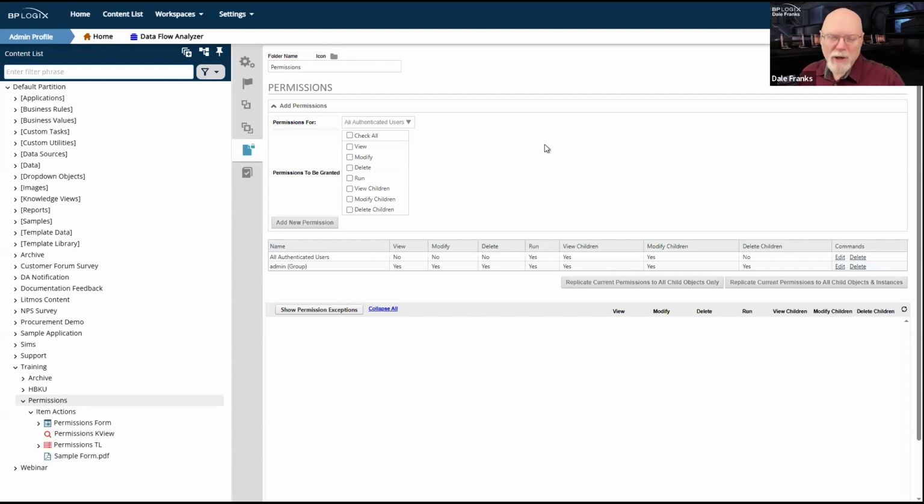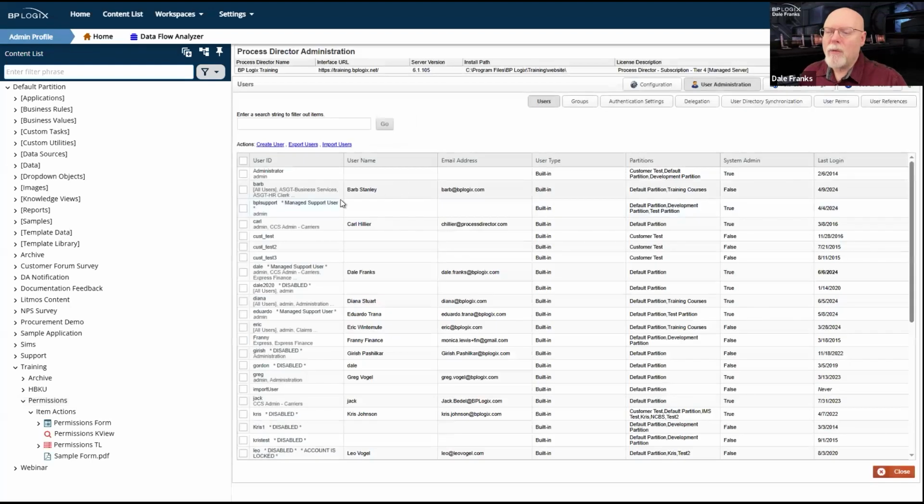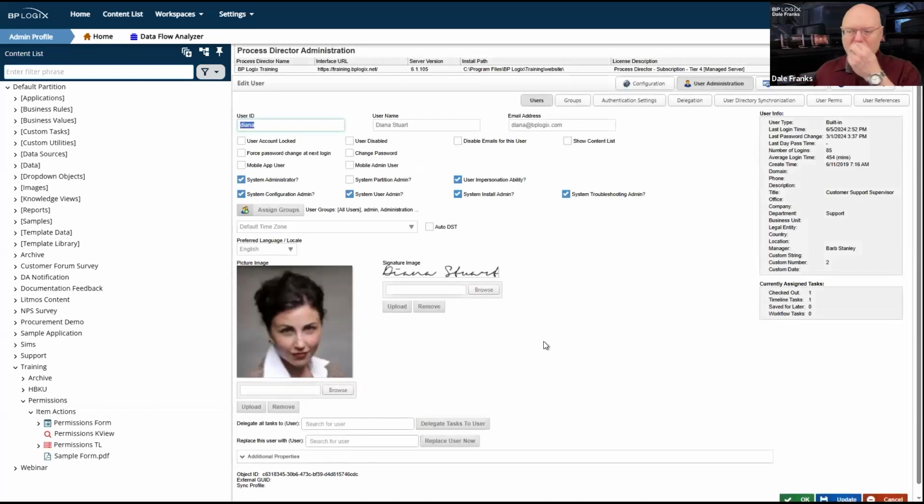I said permissions apply to everyone, but that's not quite true. Because in Process Director, if we go into user administration, and find Diana, and open up her user account, Diana is a system administrator.